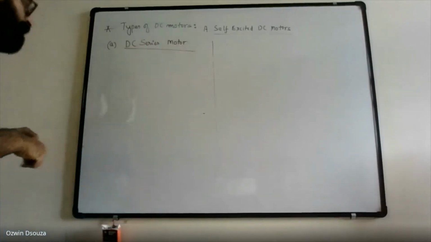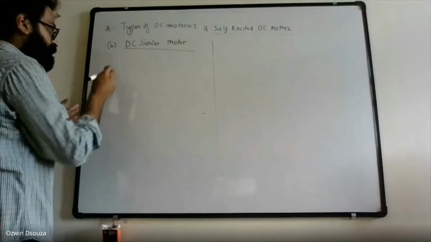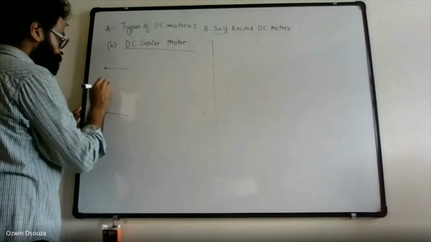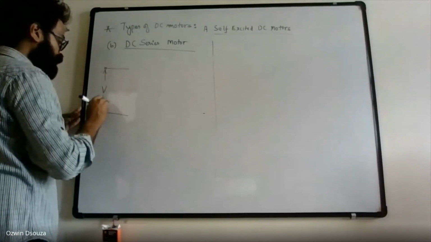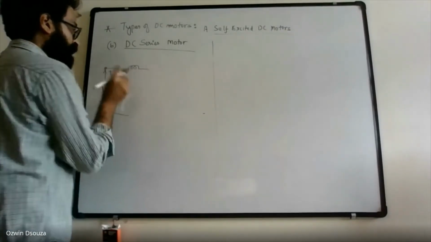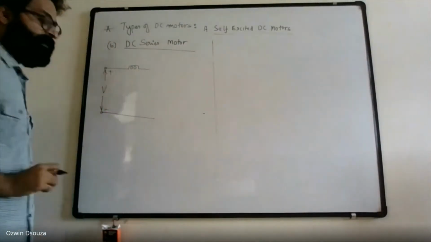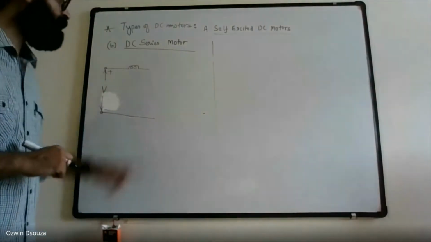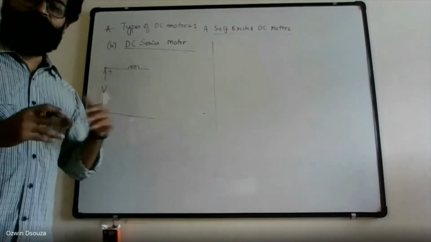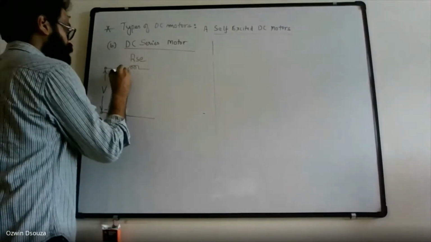Series motor. All right. So for the series motor, we'll draw the equivalent circuit. External voltage V is connected to a few turns of series field winding. The turns are very few for a series motor, but the area of cross section is very large because it has to handle the line current, right? So this is your RSC, and this is your